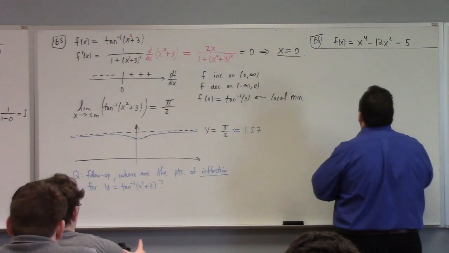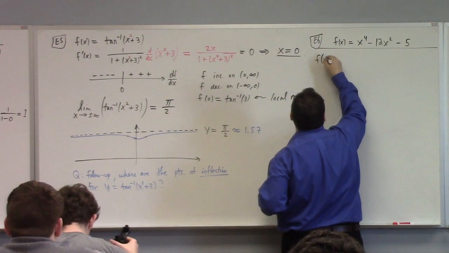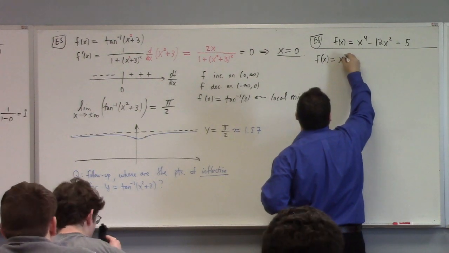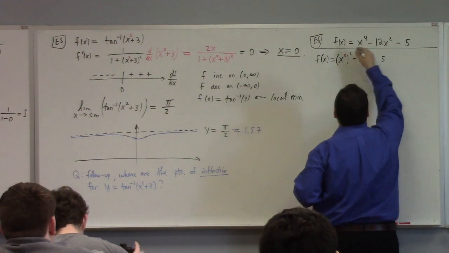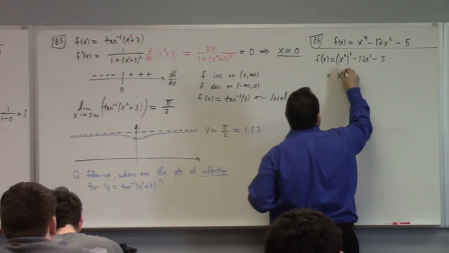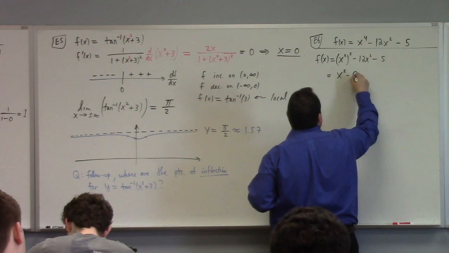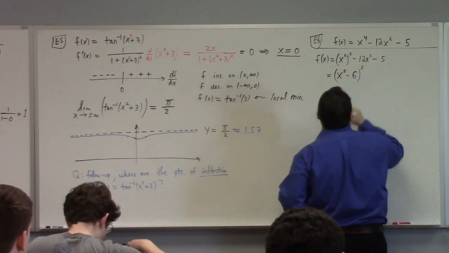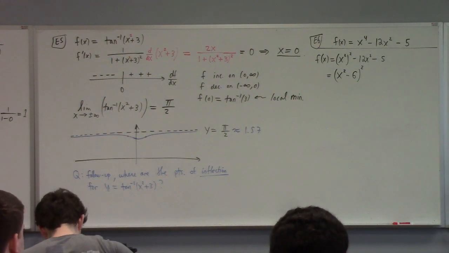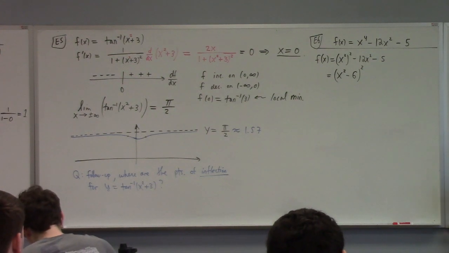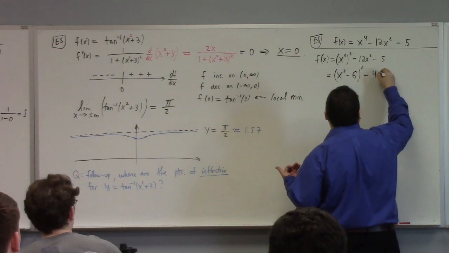Here's how I'd find the zeros. What I would do for this is I would look at this as f of x equals x squared squared minus 12x squared minus 5. And then I would complete the square in x squared as such: x squared minus 6 quantity squared. See, if I have x squared minus 6 quantity squared, that gives me x to the 4th minus 12x squared, but then I've also added 36. So to be fair, I must subtract 36. So long story short, my damages are 41.